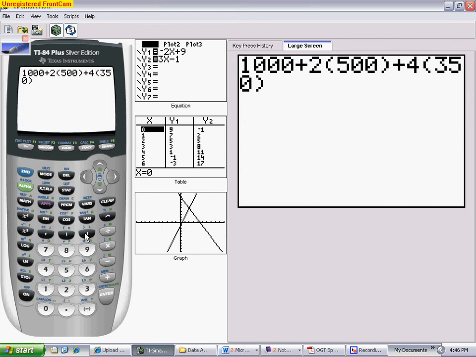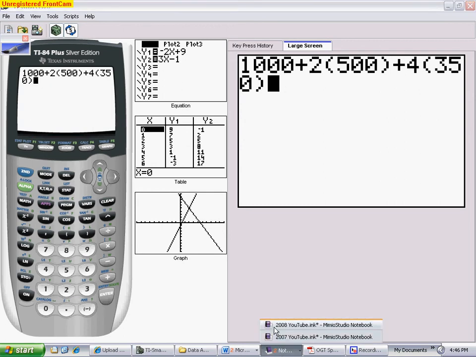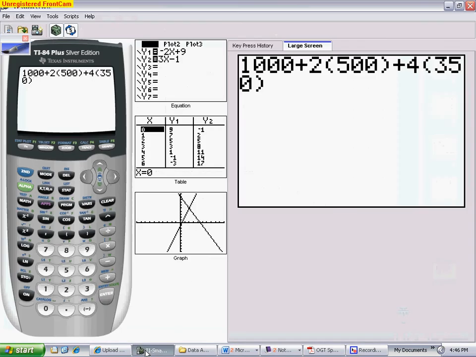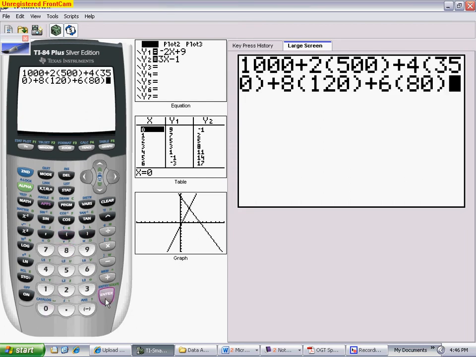And then it says we have 8 people that make 120 and 6 people that make 80. So 8 people that make 120 plus 6 people that make 80. And once again, that comes out to 4,840. Now from there, you'd be able to look and say, okay, well,